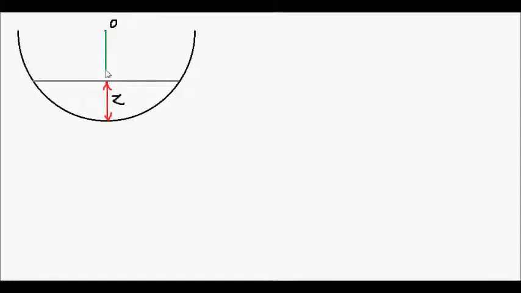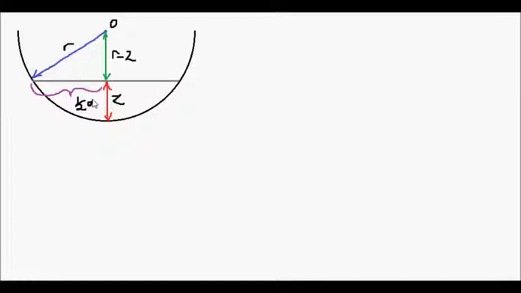So the distance from the origin to the glass is the radius minus z, and the distance from the origin to one of the contact points is the radius. And finally, this distance here from contact point to halfway is